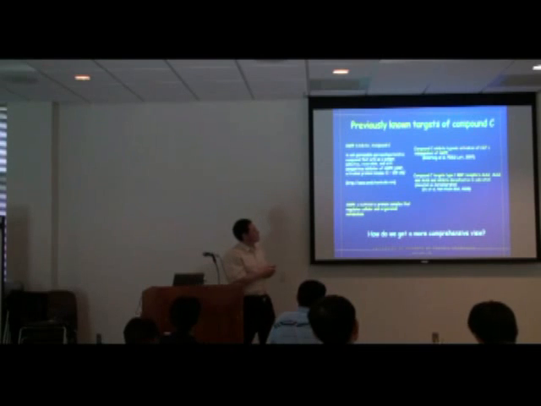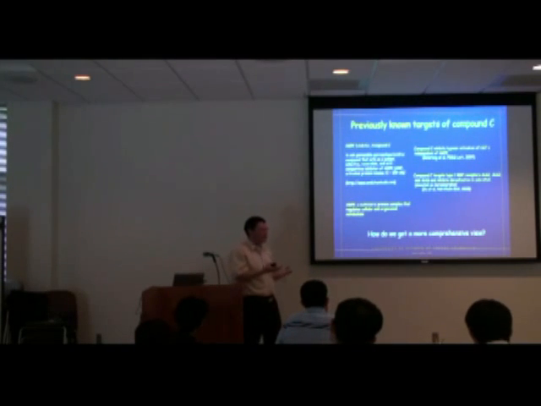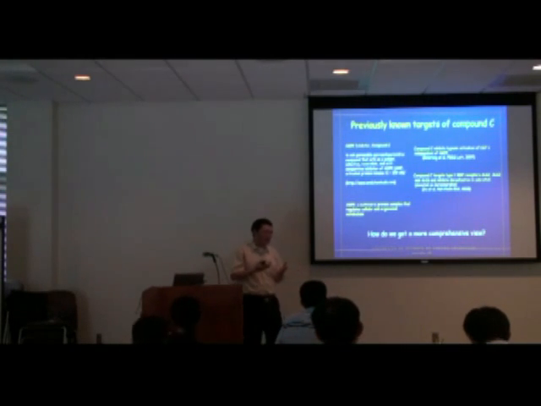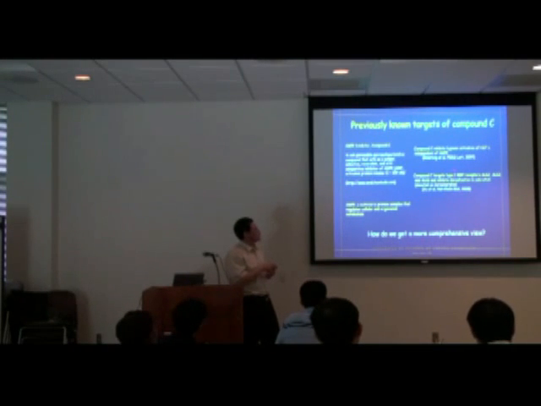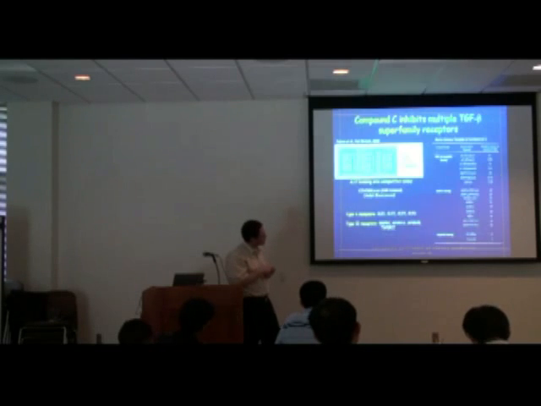And then there's some doubt about this compound. For instance, in this FASEB Letter paper, people show that if you knock out AMPK and then you apply compound C, you still see some effect. So there's something more than just AMPK. And there's a more recent Nature Chemical Biology paper showing that compound C can target type 1 BMP receptor. So the BMP receptor, I'll come back, is a family of TGF-beta receptors. Okay, and then they call this same compound dorsomorphin, essentially, because it inhibits dorsalization in zebrafish.